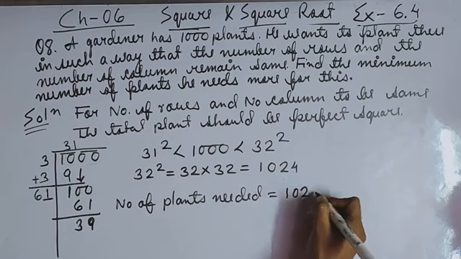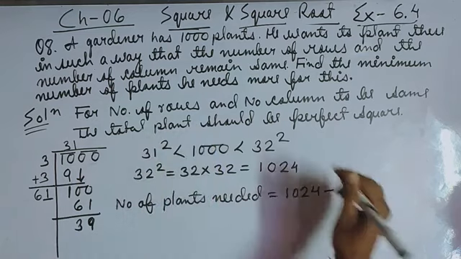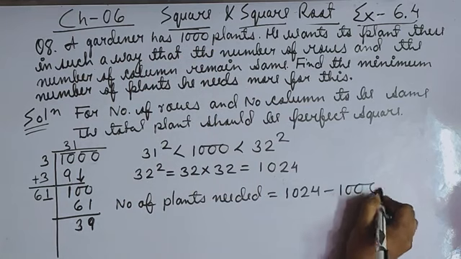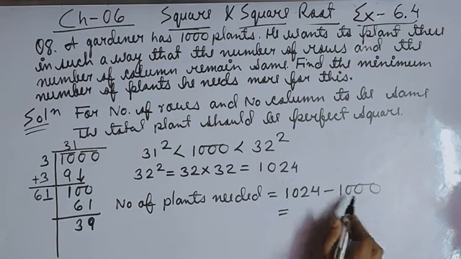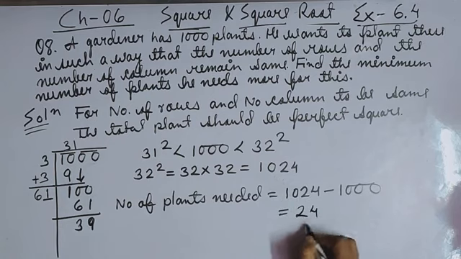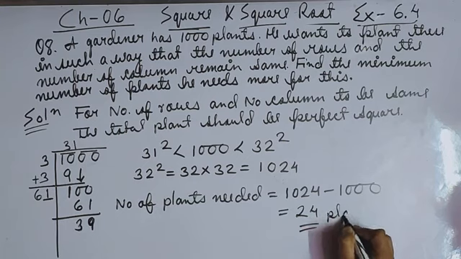उससे क्या करेंगे बेटा? सब्ट्रैक्ट कर देंगे जो हमारा नंबर ऑफ प्लांट्स है. हमारे पास नंबर ऑफ प्लांट्स अभी कितने बचे हैं? 1000 प्रेजेंट है. हमें नीड कितनी चाहिए टू मेक दिस नंबर ऑफ कॉलम इक्वल्स टू नंबर ऑफ रोज? That will be equals to 1024 minus 1000. We are getting what? 24 प्लांट्स की क्या बोलेगी हमें बेटा? जरूरत पड़ेगी फॉर मेकिंग नंबर ऑफ रोज and number of columns in the garden same.